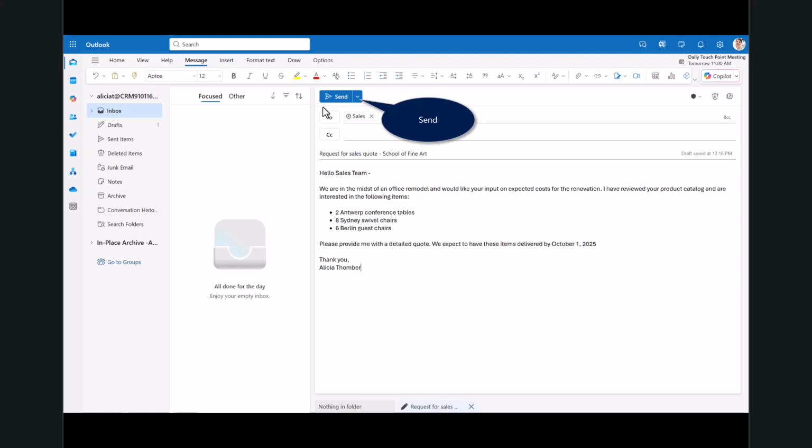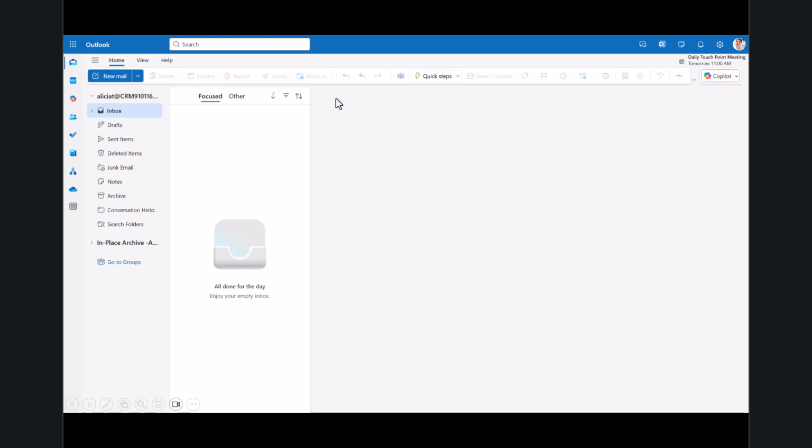The agent will recognize if they're not set up and help you set that customer up upon their inquiry. But you'll see here in the to line, I've got it going to sales. There's a request for a quote. They've put in some items, and you'll notice here I also have the expected delivery date. So that's a request I'm making as the customer, or as Alicia is making to the customer. Hit send, and now that's it.